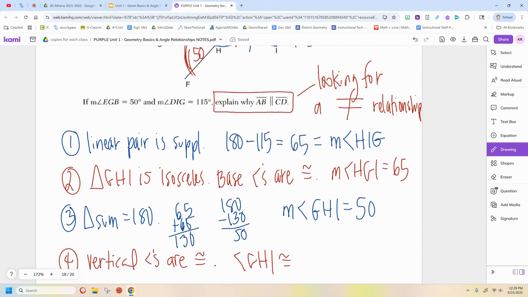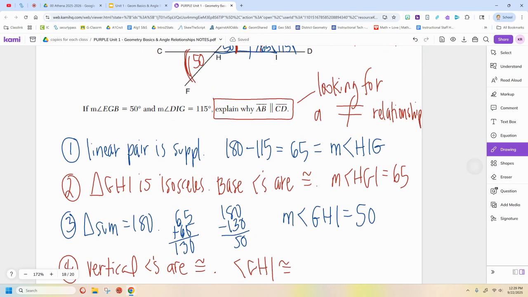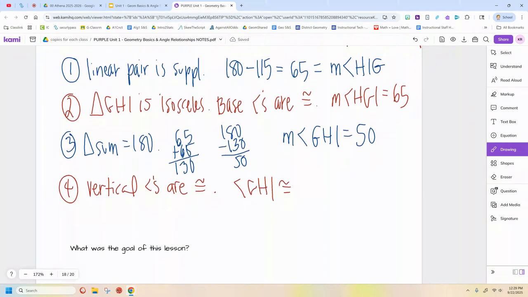I got to go back to my picture here. Ooh, CHF. Do you see it? Right at the bottom of the picture? CHF, which equals 50 degrees. That's good enough. That's a little bit sloppy, but it's not bad at all. Okay, so now, this is how you close the deal. Okay, angle CHF